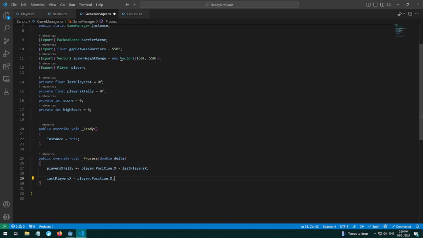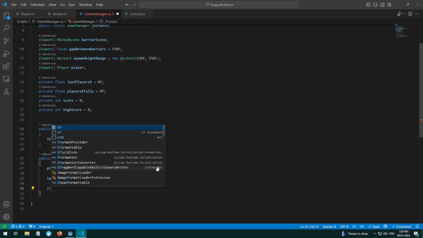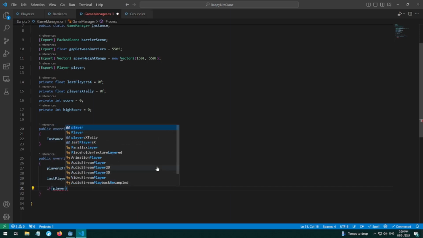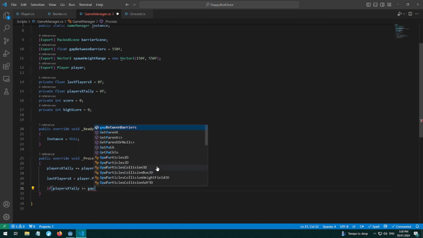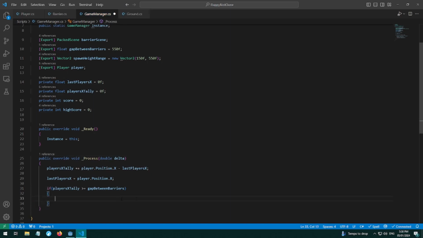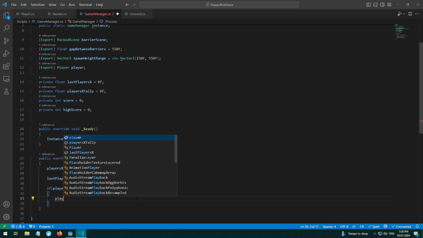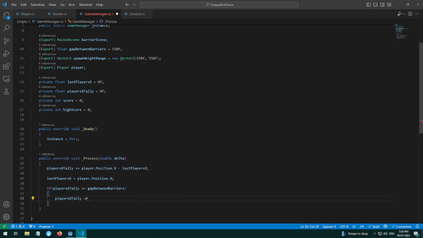This way, every time the player moves a little bit, it's adding the distance that they've traveled to the tally. So now if the playersXTally is greater than or equal to the gap between barriers, we will spawn a new barrier. So we'll first set the playersXTally back to 0, so it's not constantly calling this. And then we will